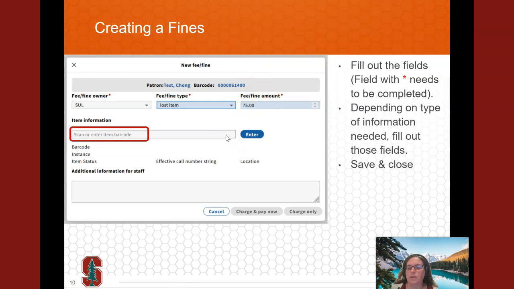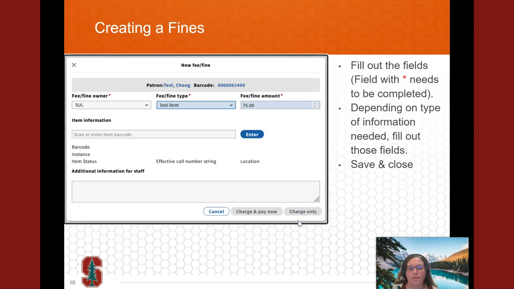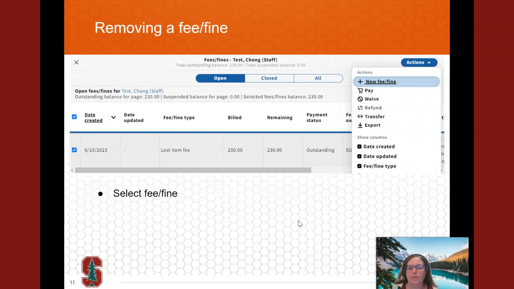Okay, and then we'll just scan the item barcode here and hit enter, and then charge only. Okay, so that's for creating a finder fee. Now if you wanted to remove that finder fee, you would just go to the finder fees section of the